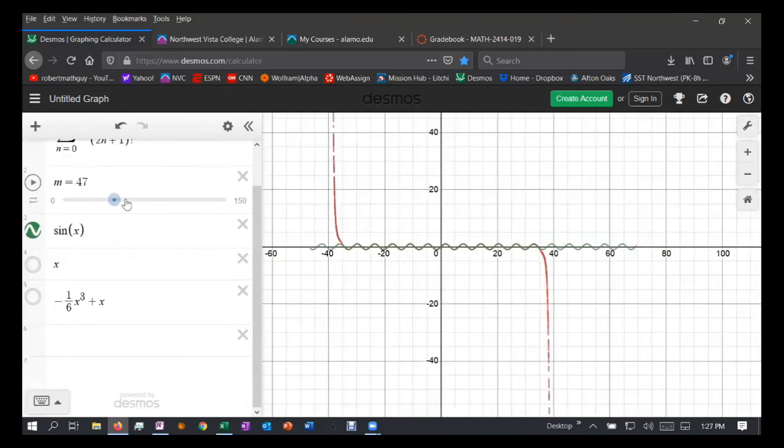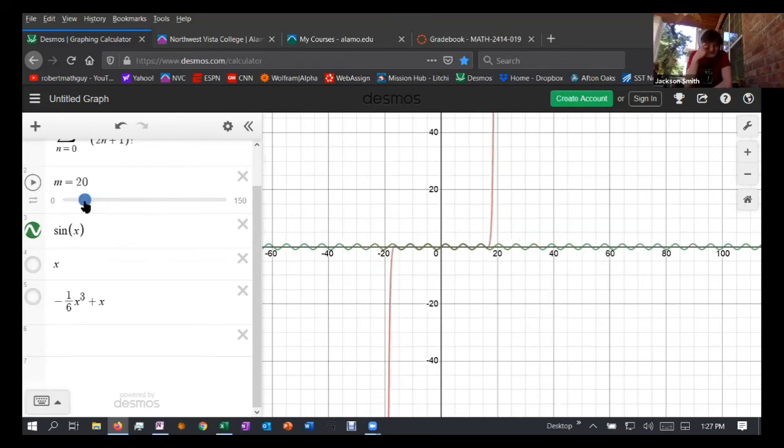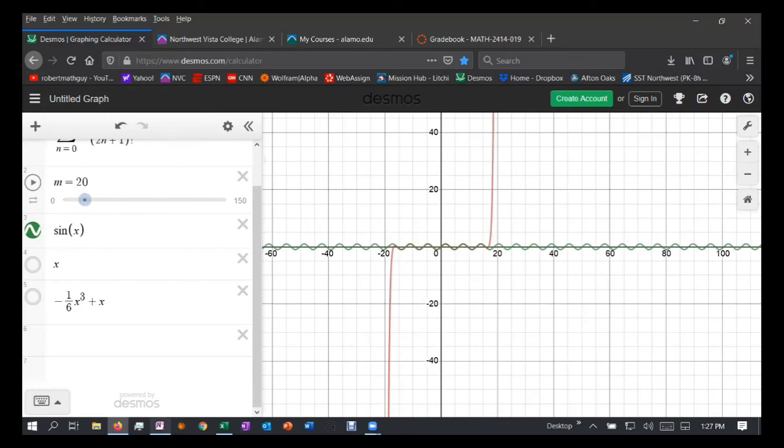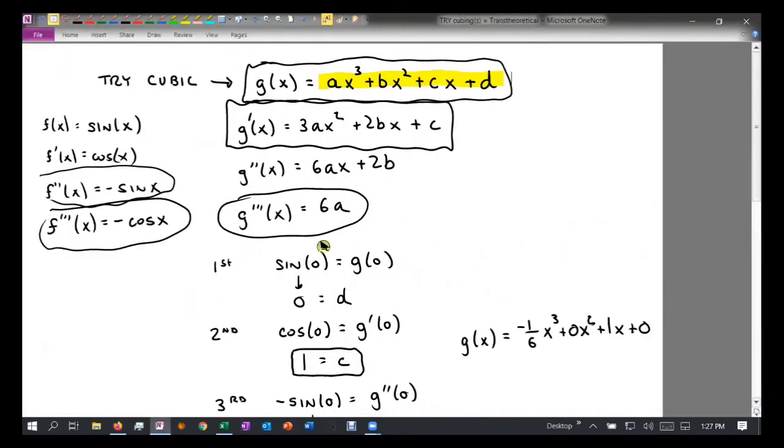I think the website's having a little trouble keeping up now because there's a lot of computation going on here. But that's pretty cool, isn't it? Yeah. And so we have to take a step back because what we're doing here is